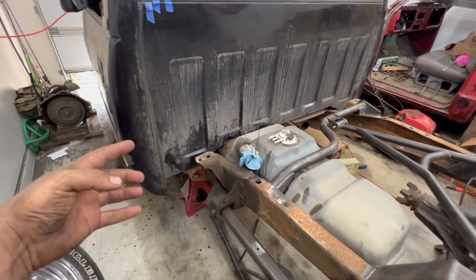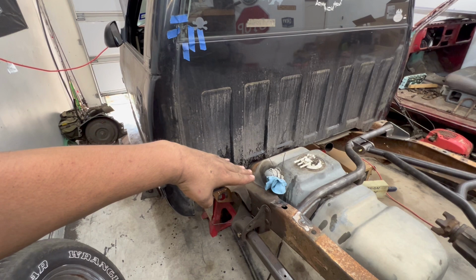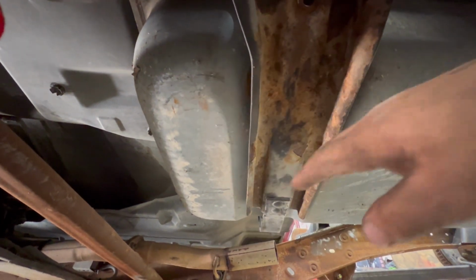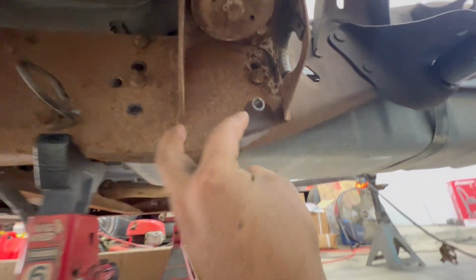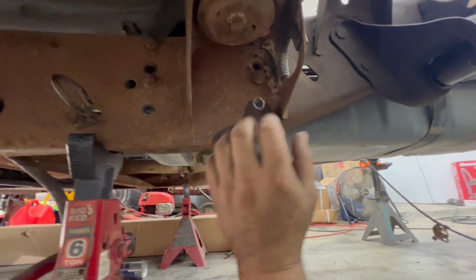So what I had to do was loosen up the bolts, the 3 bolts on the outside, to let that arm drop down, and that was enough to get over that little hump, because it does have a little notch that the bracket's supposed to sit in. So this little spot on the fuel tank, it's got a little cutout. With it touching right here, it was touching the cab as well, so it couldn't fully seat. So I just loosened up these bolts again to drop it down a little bit